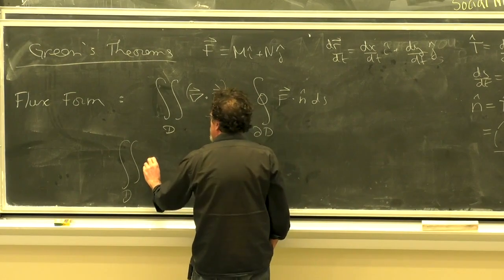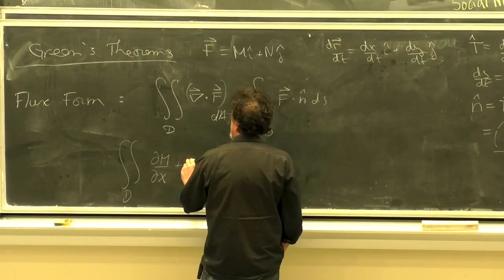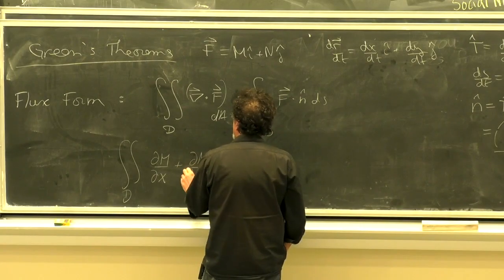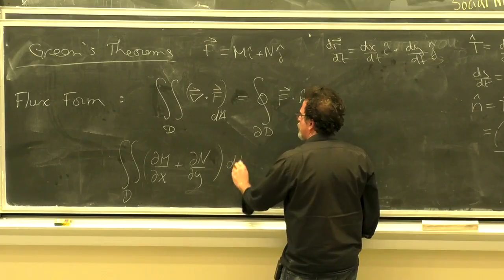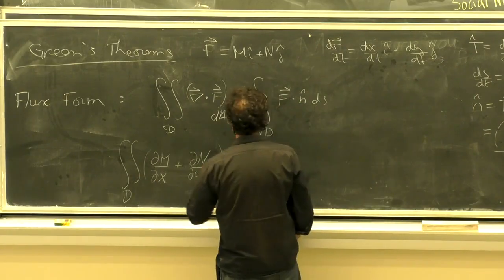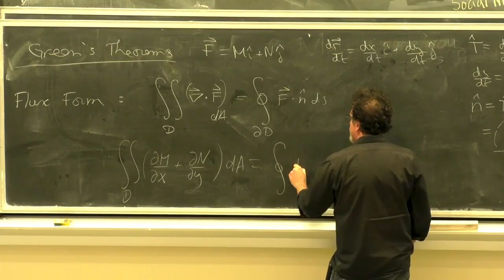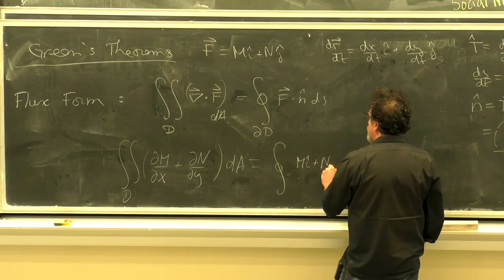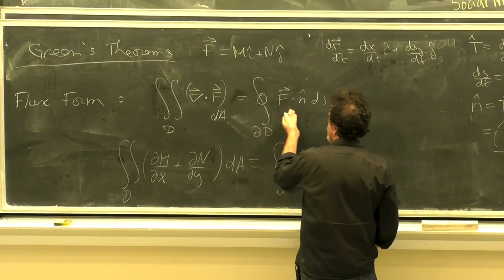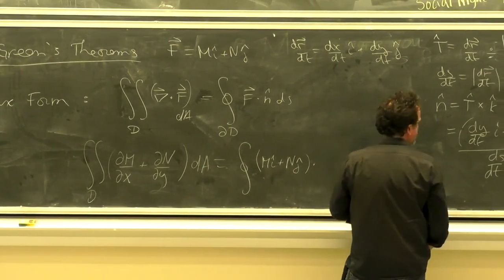And so the divergence is dM/dx plus dN/dy. dM/dx plus dN/dy integrated with respect to A over the domain is equal to, well, you have to flesh this one out. This is going to be M i hat plus N j hat. That's what F is, whatever the components of F are, M and N. Dotted into